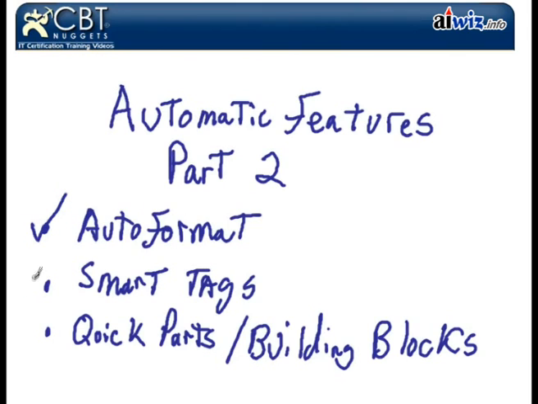Smart tags, of course, allow us to analyze data that's on the screen, and then Word says, hey, I notice this looks like a date, this looks like a person's name, do you want to do something with it? And it allows you to perform automatic actions upon those words and dates and things you've got. And then there's quick parts and building blocks. If you're kind of like a Lego maniac,